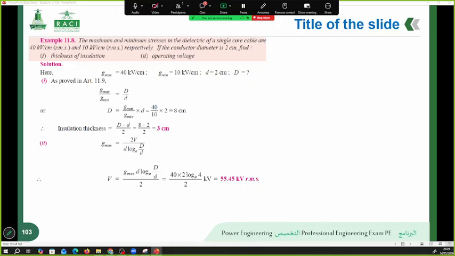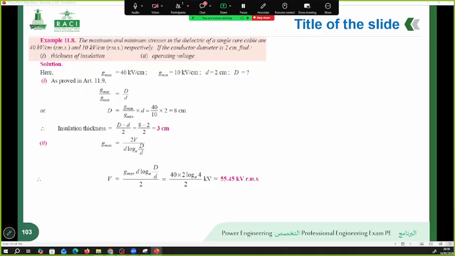The maximum and minimum dielectric stresses are provided as 40 kilovolt per centimeter and 10 kilovolt per centimeter respectively, with a conductor diameter of 2 centimeter. Using the relationship between maximum and minimum stress, the shield diameter is calculated to be 8 centimeter. From this, the insulation thickness is obtained as 3 centimeters,